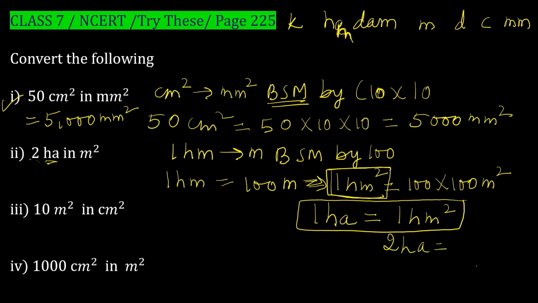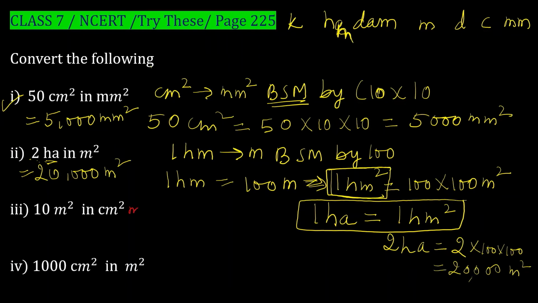Okay, now if you will convert 2 hectare, so 2 hectare is equals to, now we will write 2 hectare, we have to convert into meter square. You can see 2 hectare in meter square you have to convert. So 2 hectare equals to 2 into 100 into 100, which is equals to 20,000. Actually you are converting 2 hectometer square into meter square. So whenever it is a hectometer square, it will be written as hectare. So 2 hectare equals to 20,000 meter square.